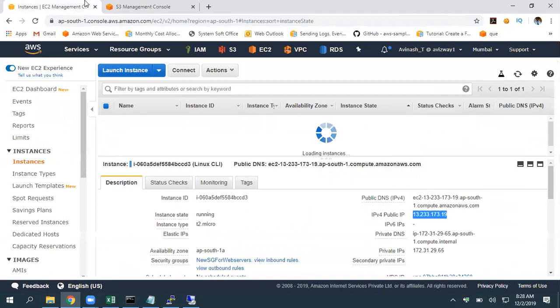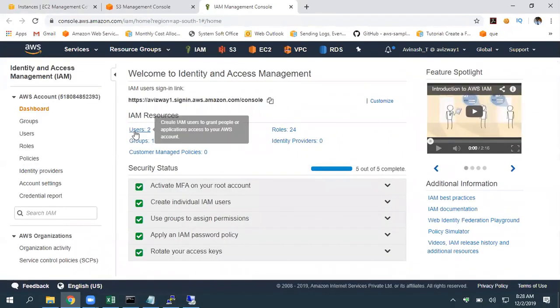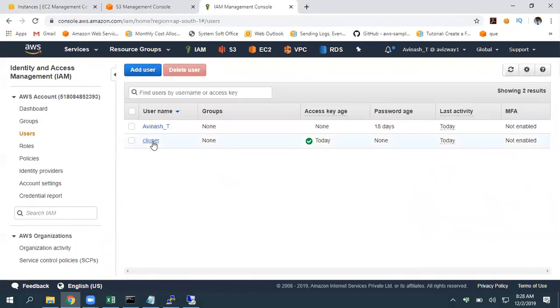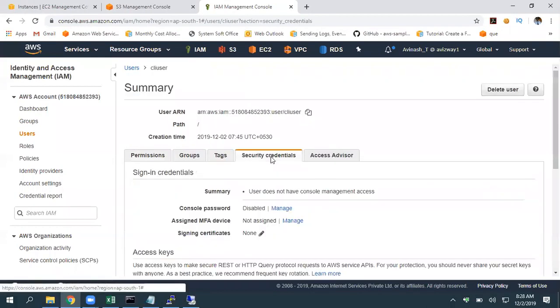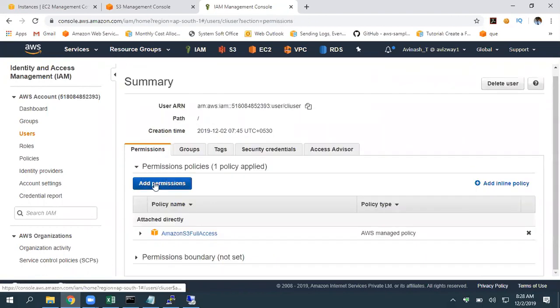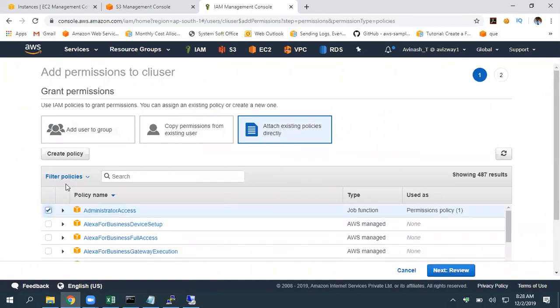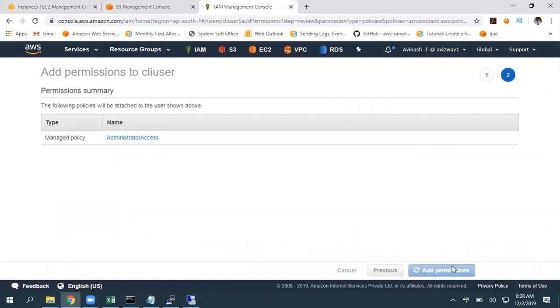So let's quickly elevate that user's permissions and try to rerun that describe instances command. Users, CLI user, security credentials, permissions, add permission, attach existing policy directly, administrator access, review, add permission.